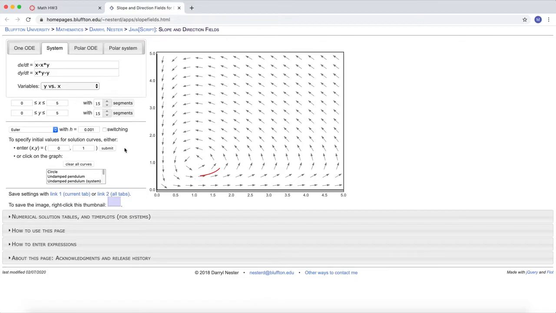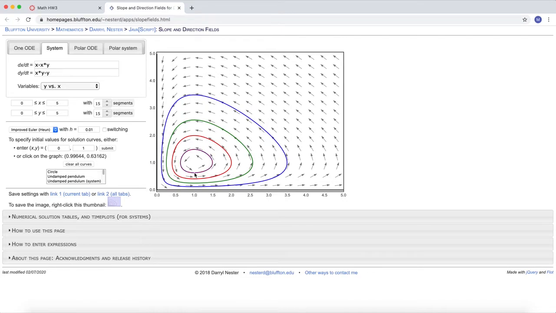Anyhow, you know what's even better than Euler's method? Improved Euler's method. Yeah, so let me try improved Euler's, and let me put it back at 0.01 so that I have enough gas to get all the way around the curve. Let's try that. Oh yeah, that's exactly what I thought it was. Yeah, closed loop solution surrounding a fixed point at 1, 1. You see that? So the thing that was going on here was that numerics weren't refined enough to give me something that was really close to the actual analytic trajectory.